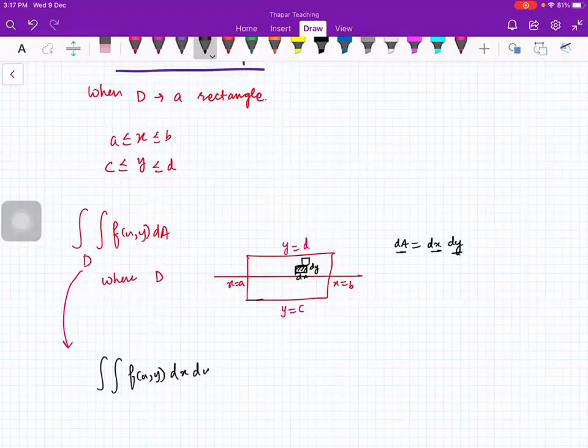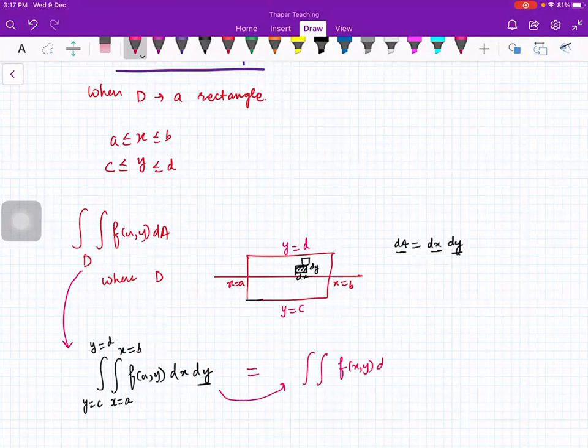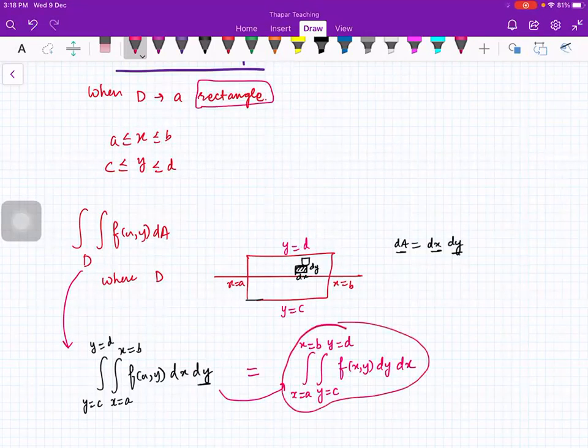So we'll write it as dx dy and integrate with respect to x first, and the limits of x are from x equal to A to B, and then integrate with respect to y. The limits of y are from C to D, right? And there is a theorem which tells you that this is actually equal to integrating first with respect to y, no problem, right? You can integrate with respect to y first and then with respect to x. This is only when the region is rectangular. So this theorem which tells you that this quantity is equal to this quantity is called Fubini's theorem,